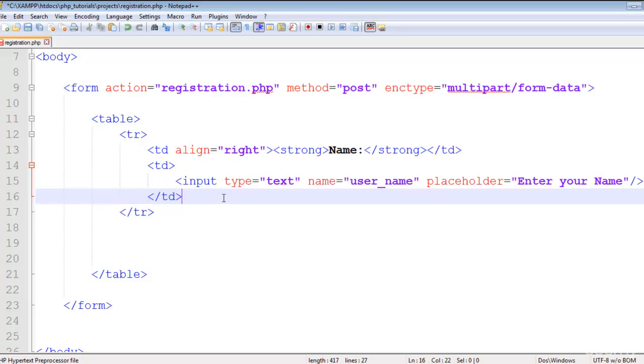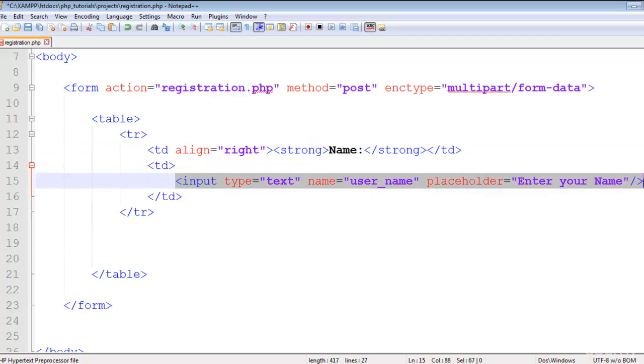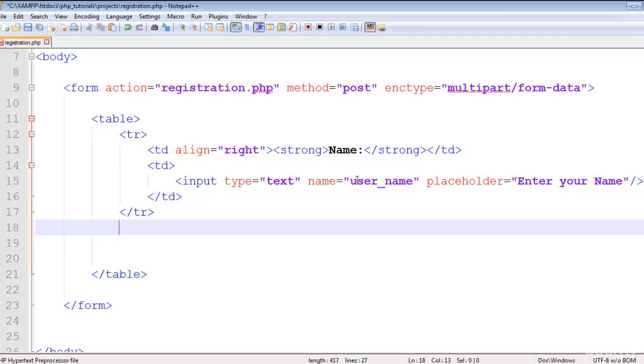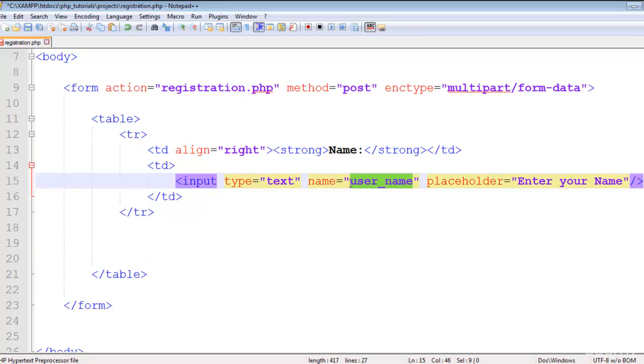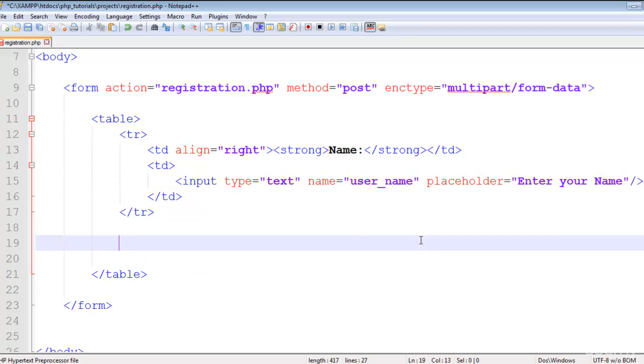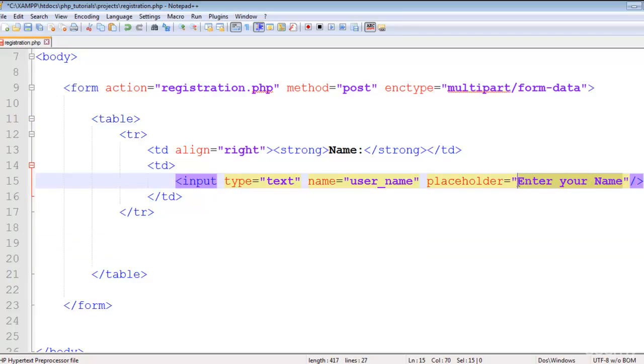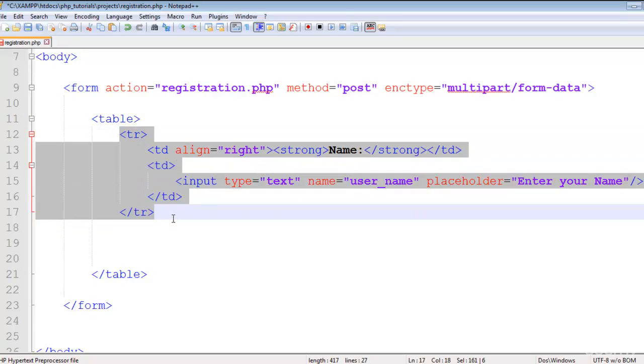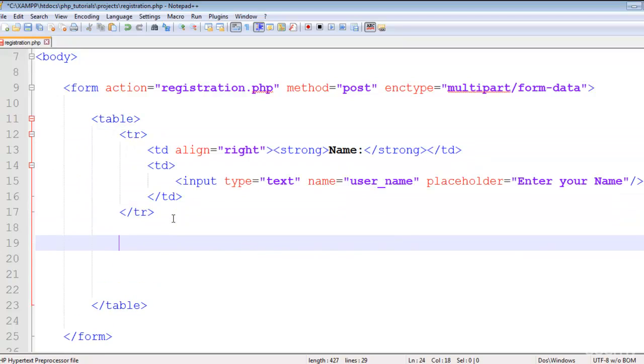One TD has the name label, so the user can recognize that this field is for name. In the next TD I put the input type text, and its name is username. Using this name we will take the data in PHP, and this placeholder is just dummy text shown inside the text field. That's it, really simple. Now we'll copy this whole bunch of code and paste it